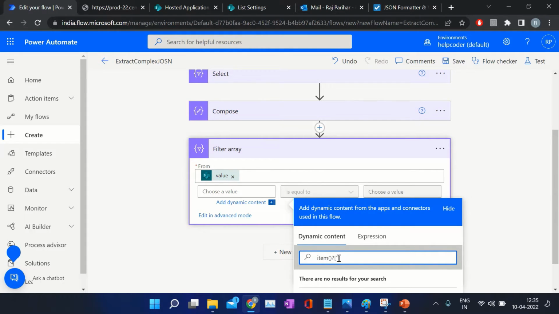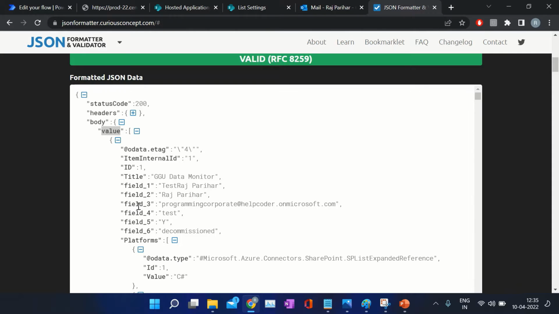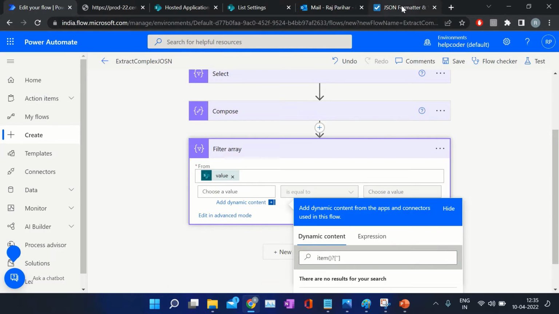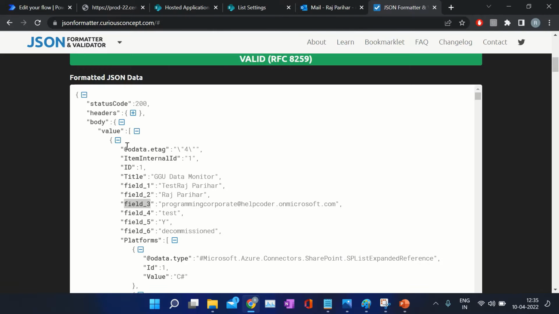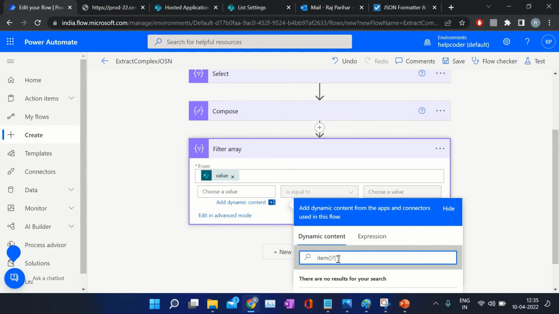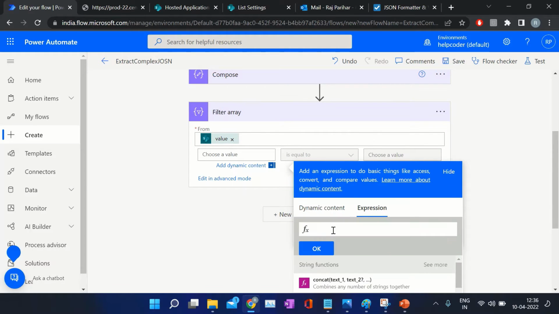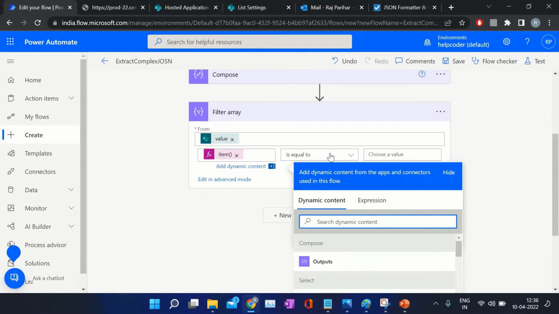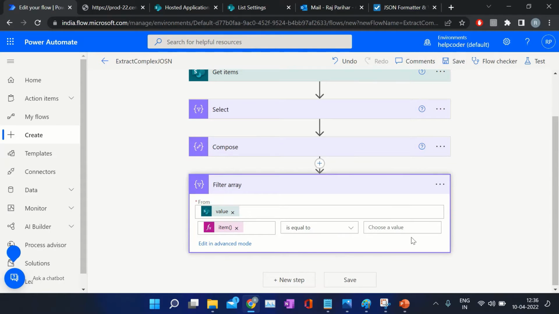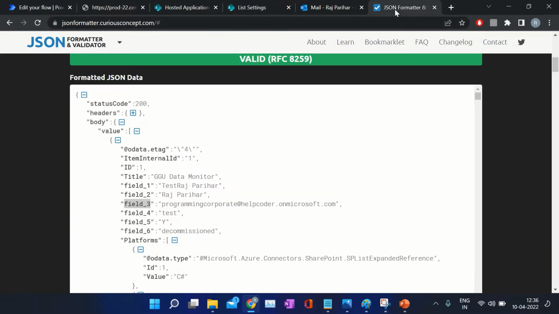From this, what we want is the email IDs. Based on email IDs, okay, I'm sorry, I was typing this in the dynamic content. We need to type it in the expression, then click on OK. When email ID is equal to this,